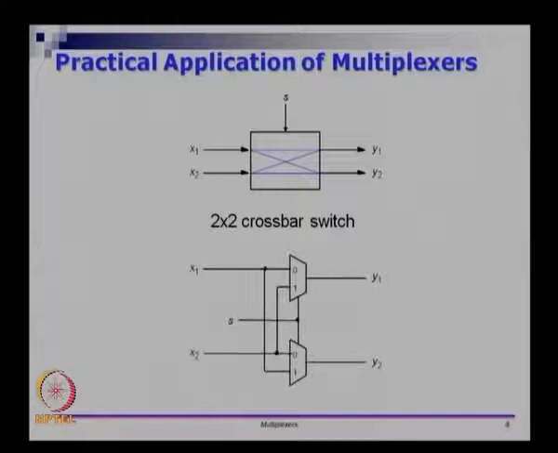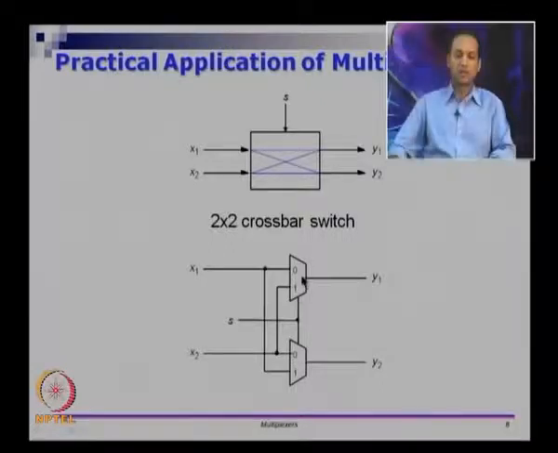The internal implementation of a crossbar switch is as follows. So you use 2 muxes, a mux on the top and mux in the bottom, and it takes one external line called the control line, which is select, and there are 2 inputs X1 and X2. So what we want is, if S is 0, so let us look at what happens when S is 0. If S is 0, X1 will be passed on to Y1, and X2 will be passed on to Y2,